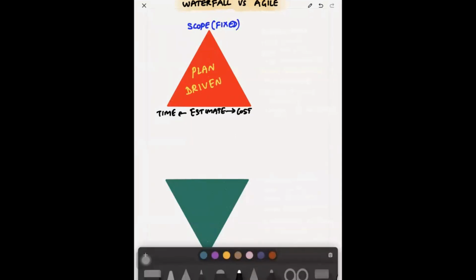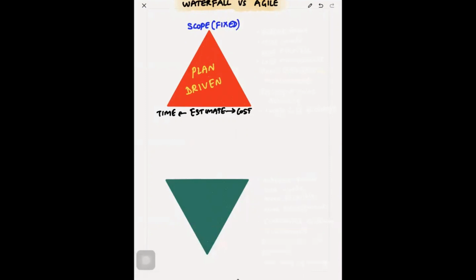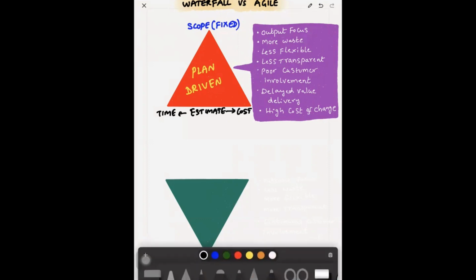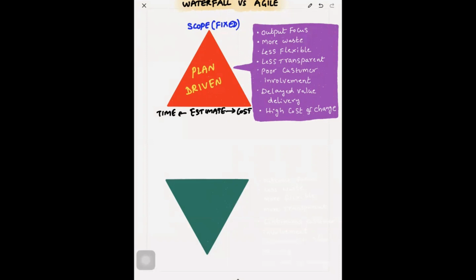So if you execute all the projects or products, or solve every problem using Waterfall, there will be some fundamental challenges. These are the fundamental challenges if you try to do everything using Waterfall: output focus, more waste, less flexible, less transparent, poor customer involvement, delayed value delivery, and high cost of change. Now, how does Agile solve this? In Agile, we do exactly the opposite. We try to keep two things fixed at the beginning: